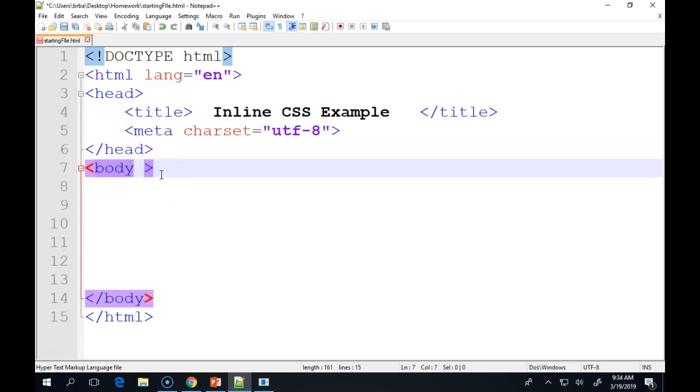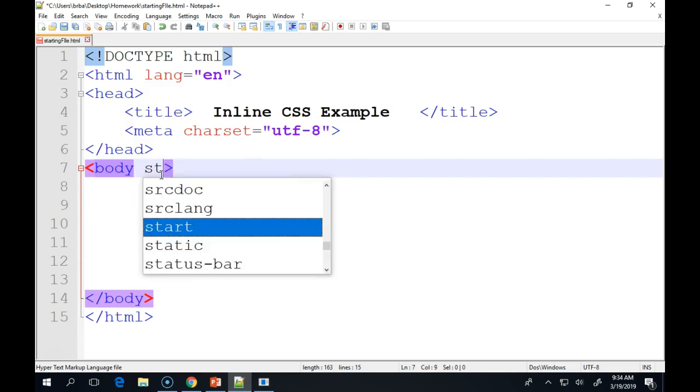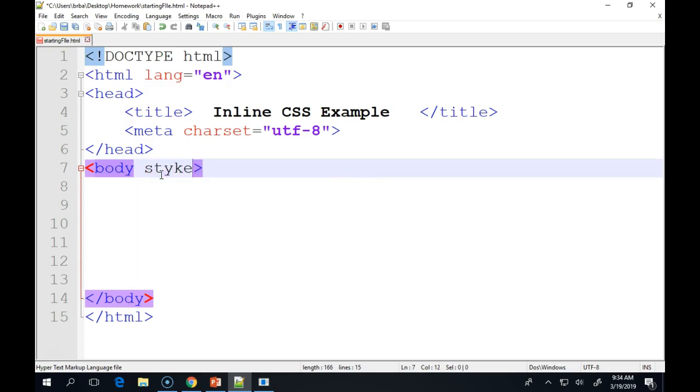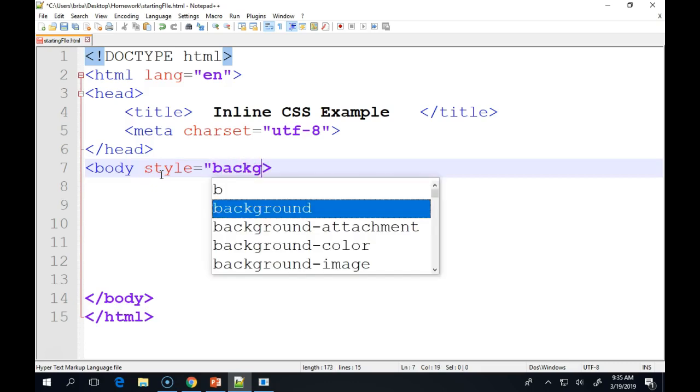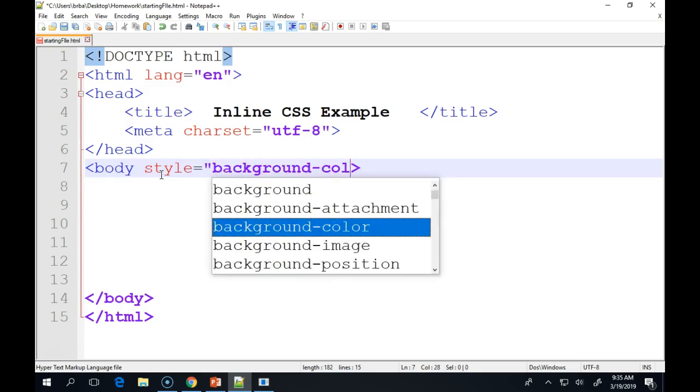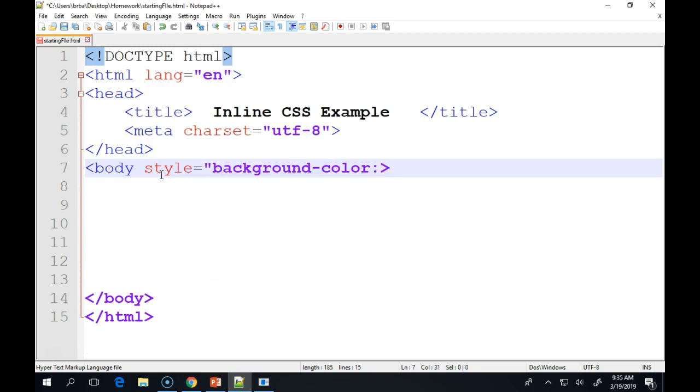We're going to say style equals, so we're writing an inline style. Style equals, and then in quotes, we're going to tell it to be the background color, with a hyphen between the two, background hyphen color, and then a colon, and the actual hex code that we want, which is hashtag F5F5F5,